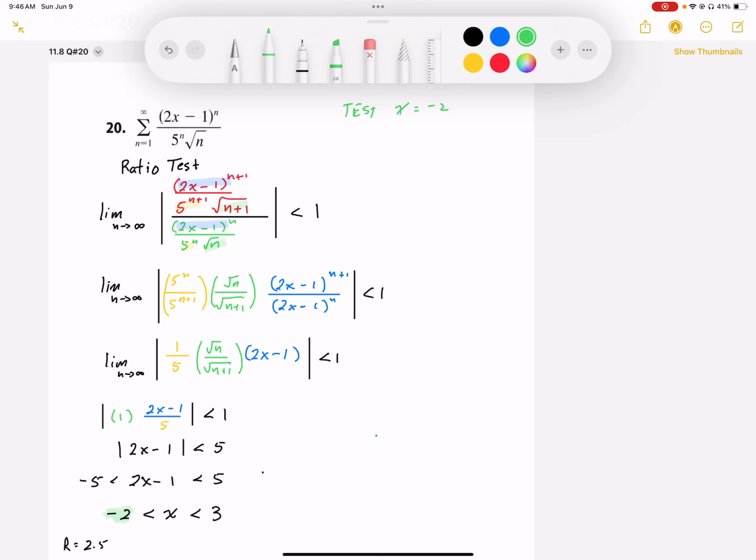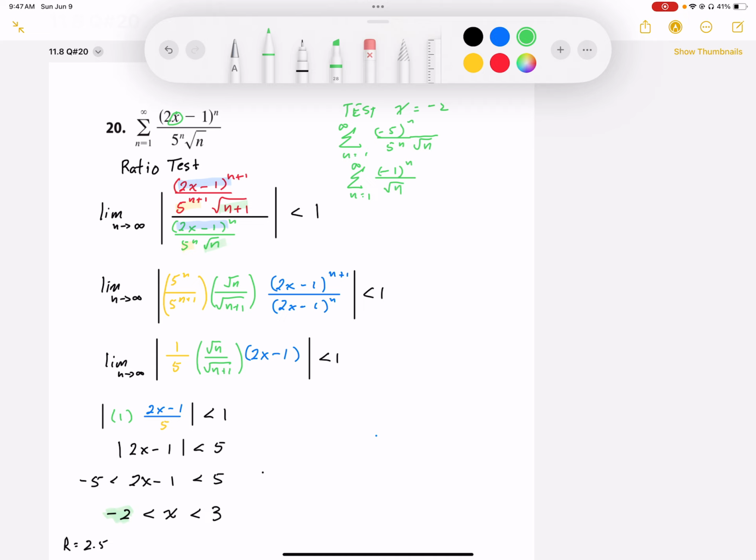x equals negative 2, and we're going to plug that into our series. So from n equals 1 to infinity, when I plug negative 2 into that, I'm going to end up with negative 5 to the n over 5 to the power n, and that's going to be over root n. Okay, so I plug the negative 2 into there, I end up with this. When I simplify this expression, this becomes an alternating series. I get negative 5 over 5 is negative 1 to the power n